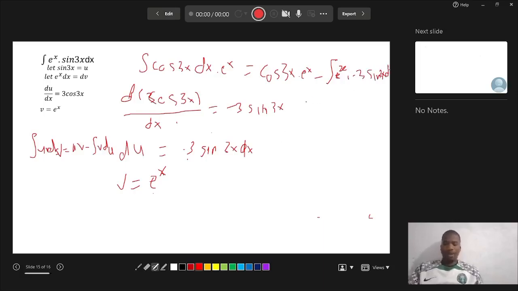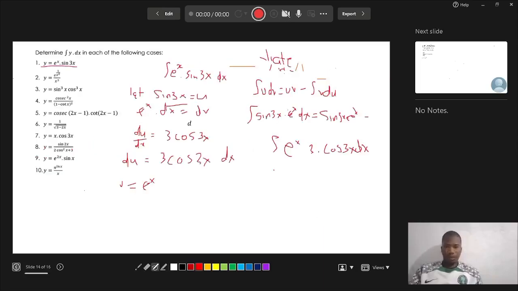So now, since we have got all this, we've got that cos 3x multiplied by e to the power x minus e to the power x multiplied by negative 3 sine 3x dx is equal to cos 3x dx. Then we go back to the original equation, which was this. Then we substitute everything that we have there. Then now our equation will be